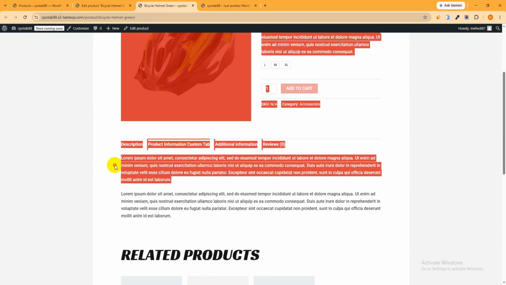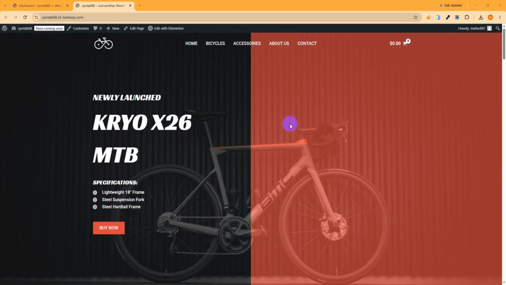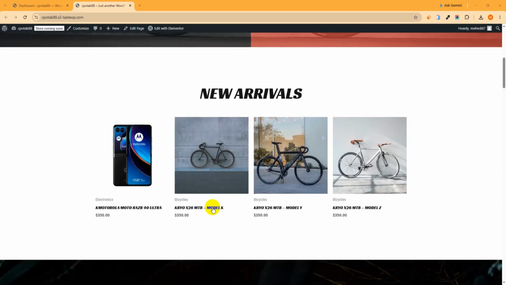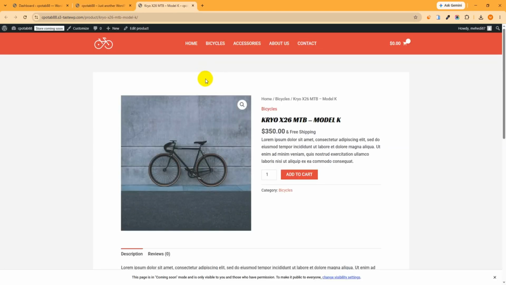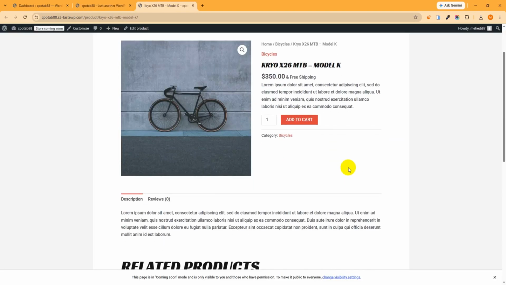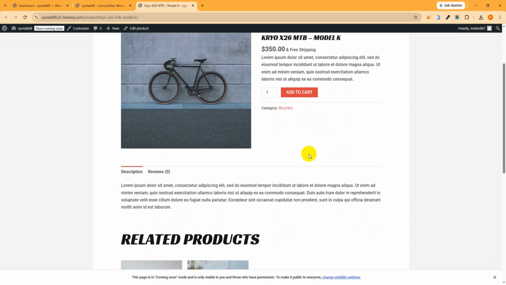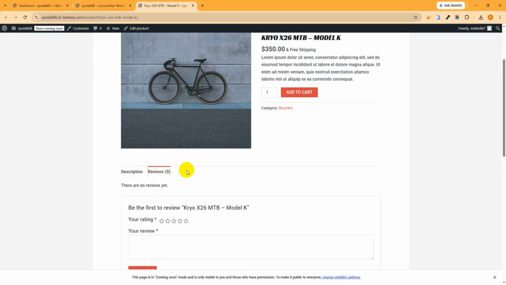Alright, let's begin. This is my online cycle store and I want to add this feature in this store. Just scroll down and open up a product. Then let's check what we are going to do in this tutorial. This is the product single page. If I scroll down again, as you can see it shows two tabs, description and reviews. I want to add more tabs here like product information or warranty that you desire, and we'll do it with